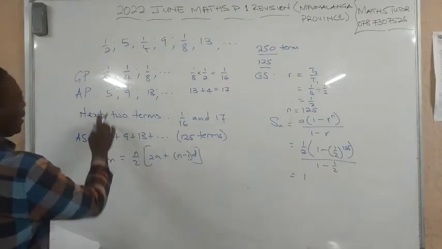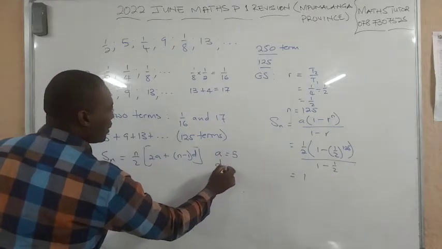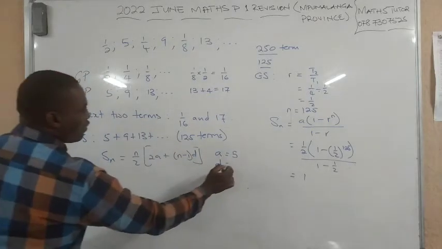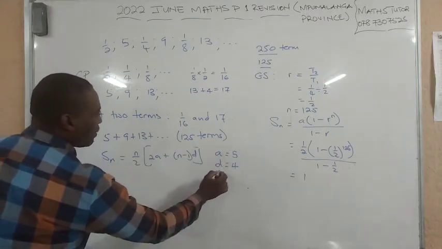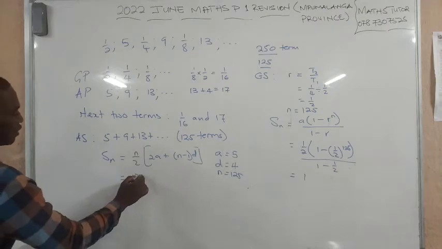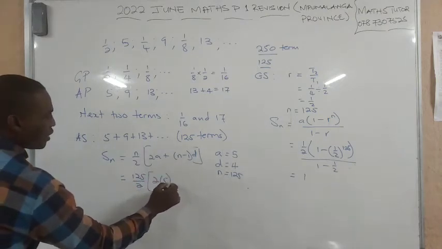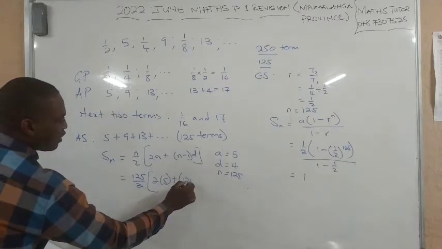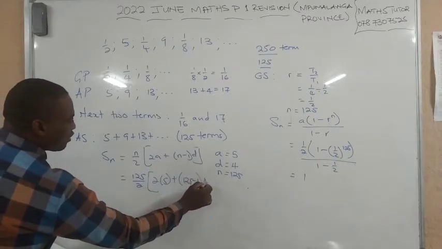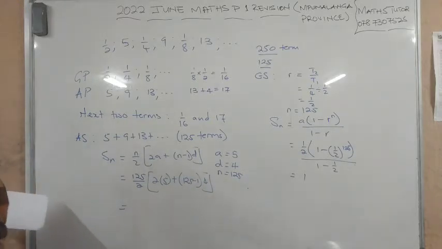So our a is equal to 5, our d is 4, and our n is 125. So this will be 125 over 2 into 2 by 5 plus 125 minus 1 by 4. And if we simplify this, we get